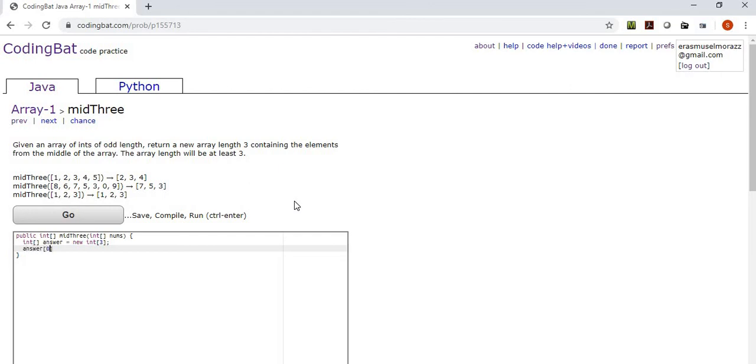Answer index 0 equals nums length, and I think it's divided by 2. Let's say we have 3 of them. 3 divided by 2 is 1, which would put us in that middle, but we don't want the middle, we want the one before that. So it's actually going to be minus 1 here,